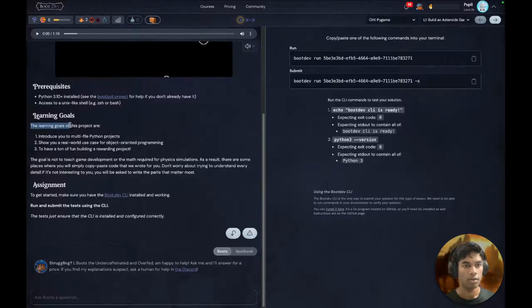Learning goals. The learning goals of this project are to introduce you to multi-file Python projects, show you a real-world use case for object-oriented programming, and to have a ton of fun building a rewarding project. The goal is not to teach some game development or the math required for physics simulations. As a result, there are some places where you will simply copy paste code that we wrote for you. Don't worry about trying to understand every detail. If it is not interesting to you, you will be asked to write the first part that matters most. Assignment: